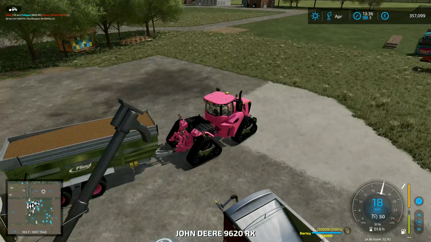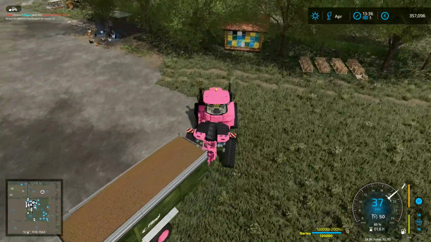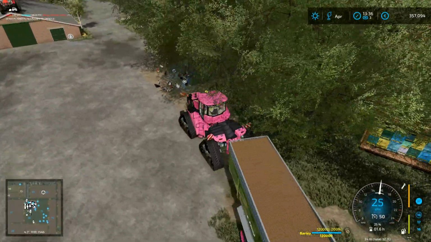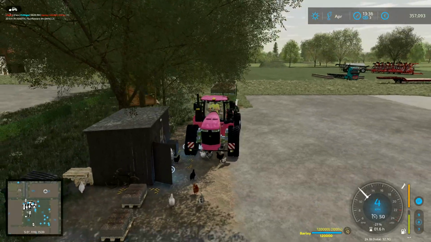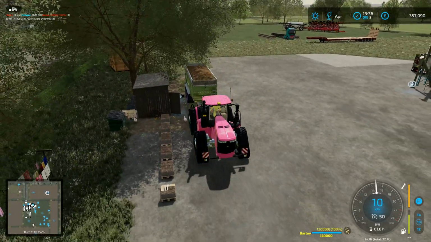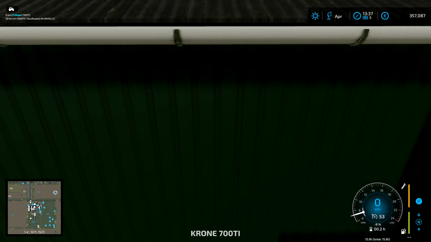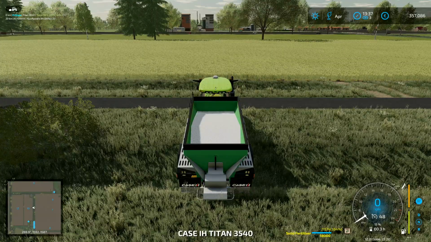We can go and tip out some more barley in for the chickens. Just bring that one on round. There. Totally not driving on the chickens. I'm not doing it. It's a figment of your imagination. And I'll tip that one out there. And then I want to go to...